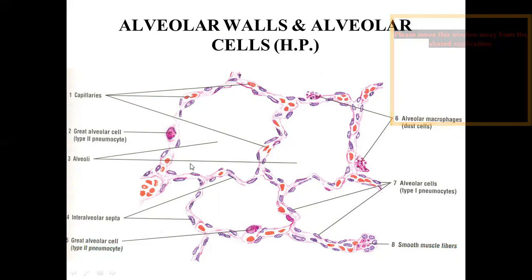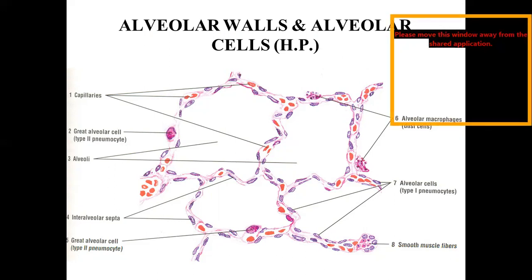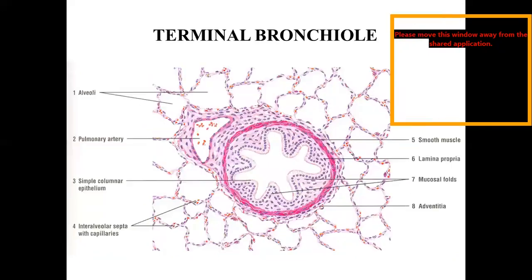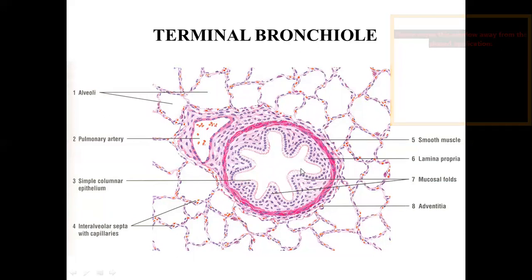So all these cells may not be visible in the slide itself under low power, but when you are asked in the exam, the cells lining trachea, cells lining bronchus, the cells present in the alveoli, you should be able to tell. Clara cells, very important cells, you will see in the bronchiole. So in bronchiole there are no goblet cells. Goblet cells are replaced here by Clara cells, which are the surfactant producing cells.